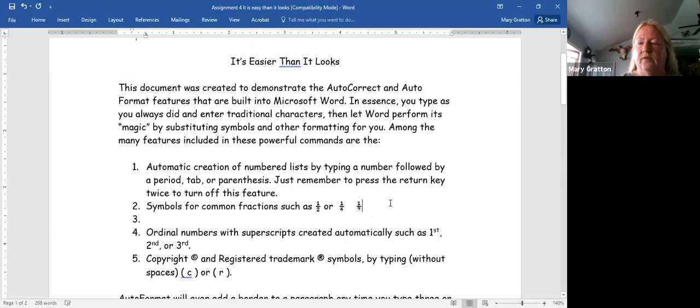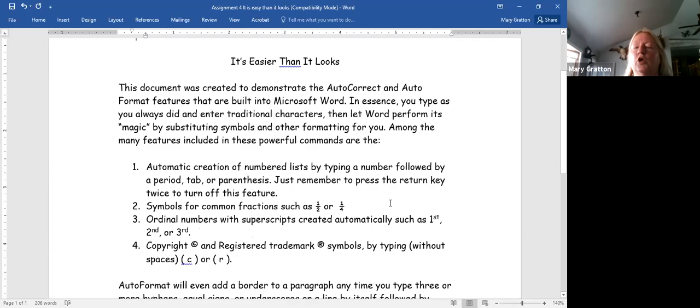I just typed 1/2 word, yeah, 1/2. See what I typed? The minute I hit the space bar, it automatically formats it to 1/2. So you can see here, these are everything that's written here. If you type it the way it is written, you will see how Word automatically formats things for you. The copyright sign,